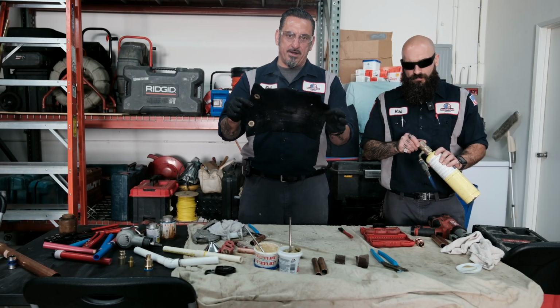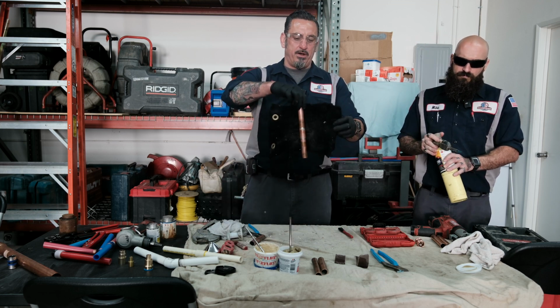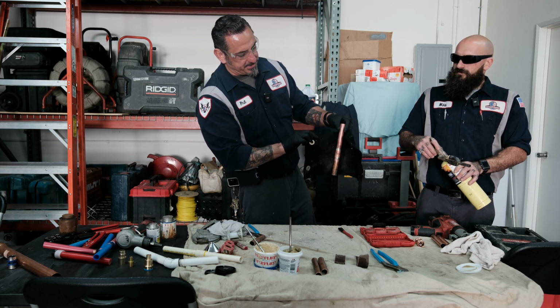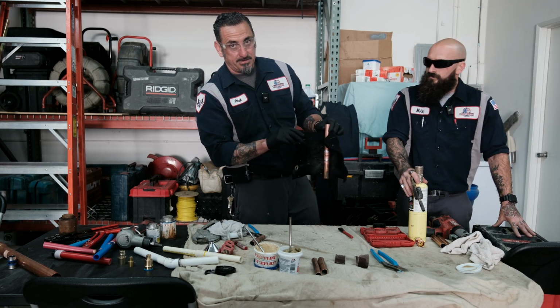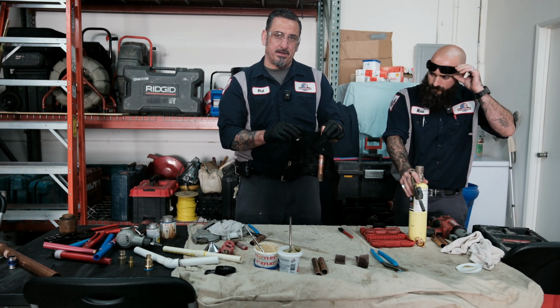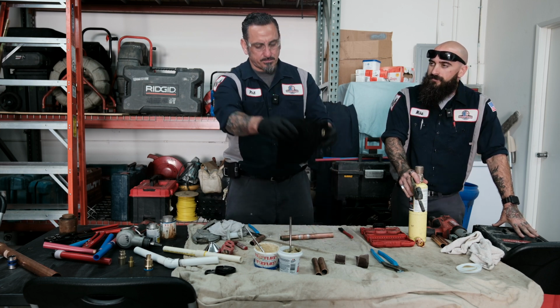So a fire retardant mat you could put in the wall if you're doing a vertical pipe and you're in the wall and you would just want to be a little bit safe, you're maybe not too sure, put in some fire in the wall, you put this around your pipe, you'll be okay. Especially with shower valve installs, I always like putting this behind my shower valve and then